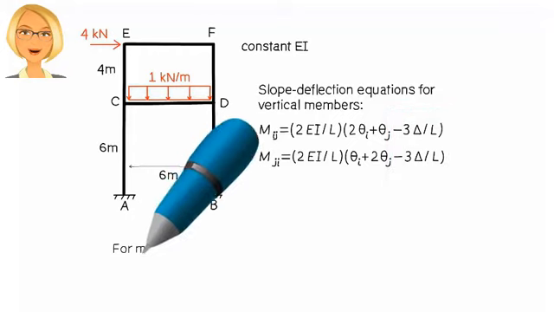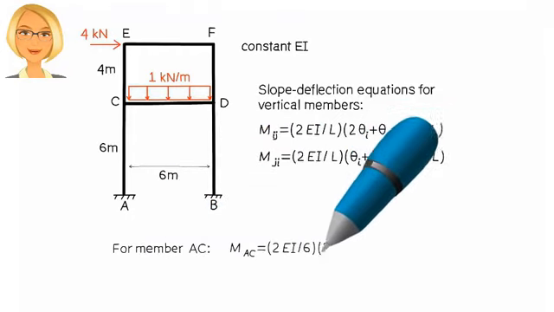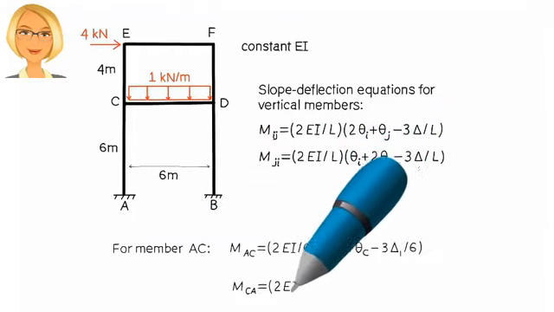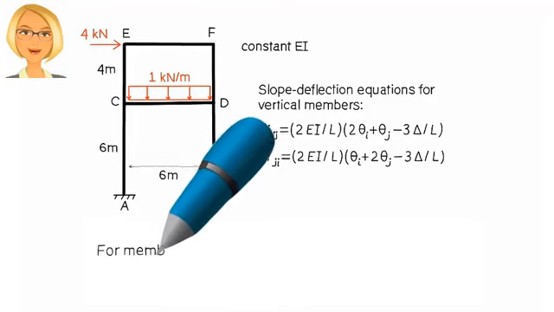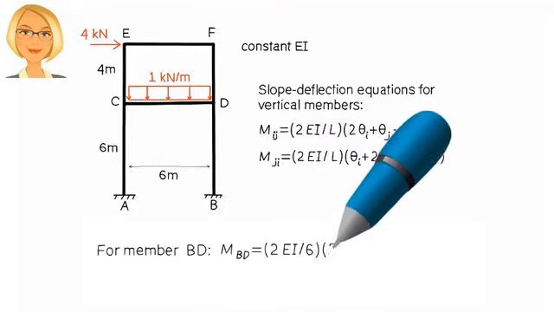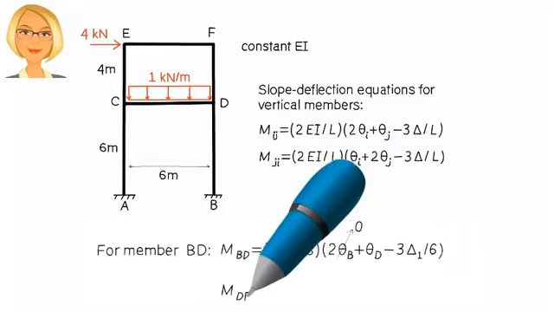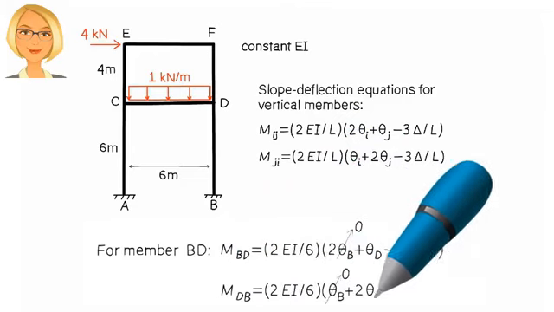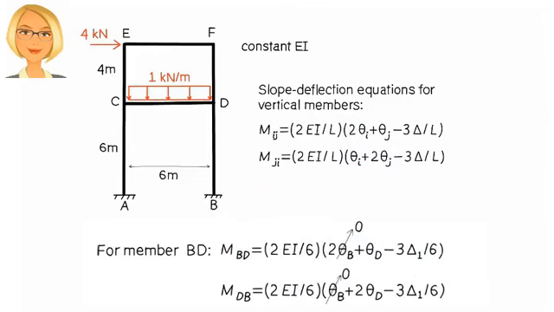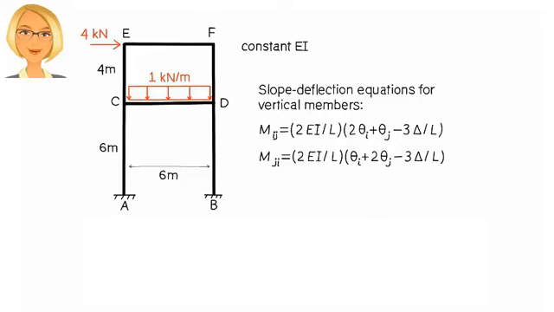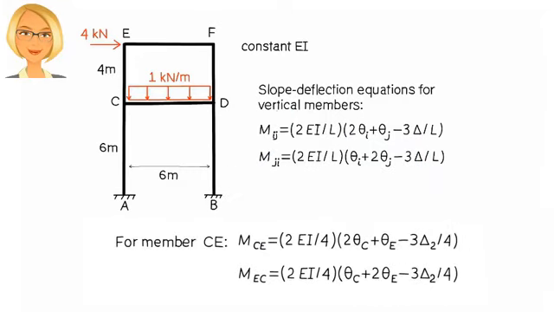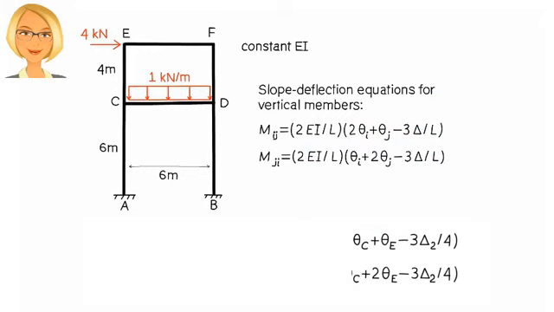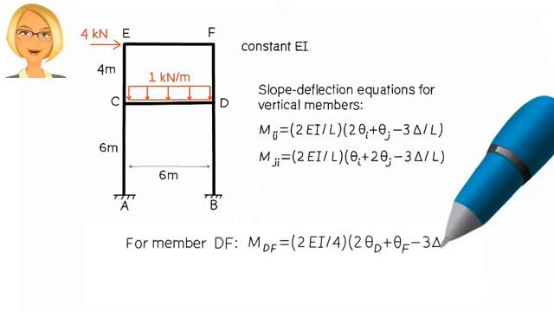So for member AC, we have for BD, we get for CE, we can write and for DF, we have